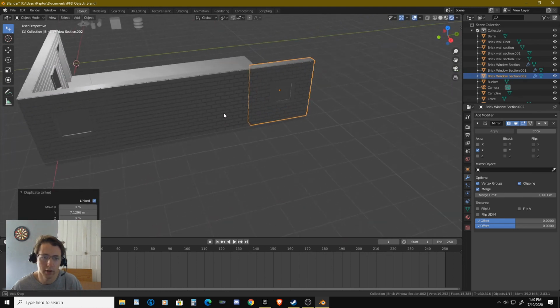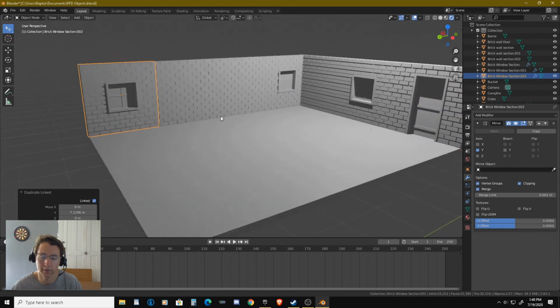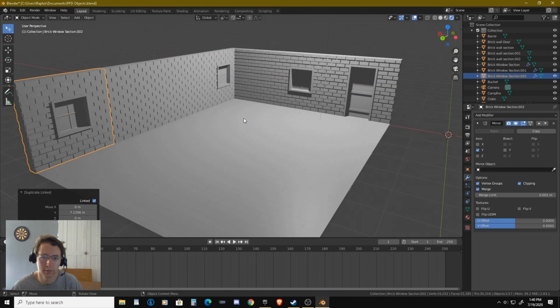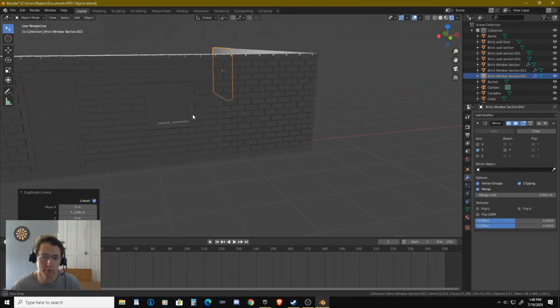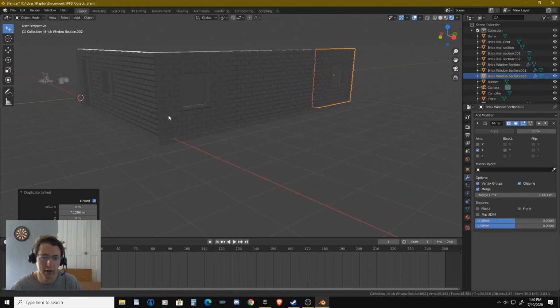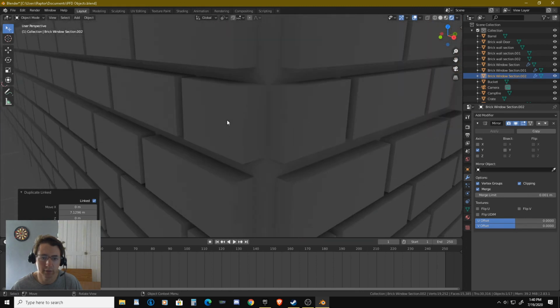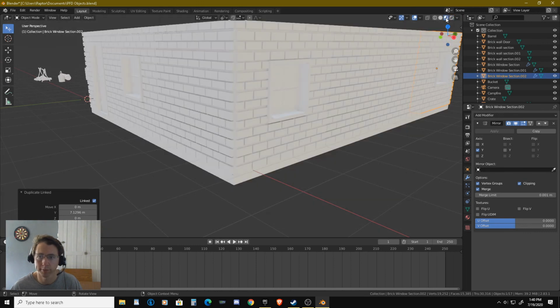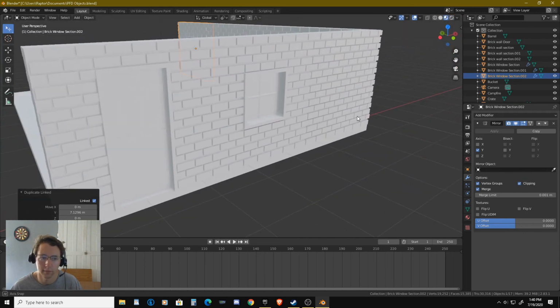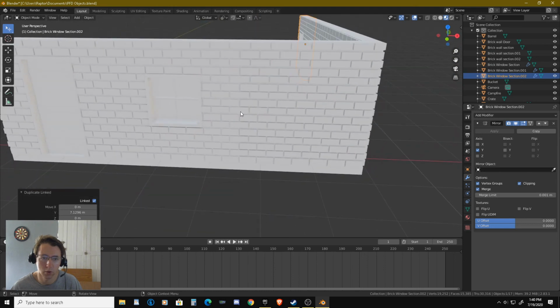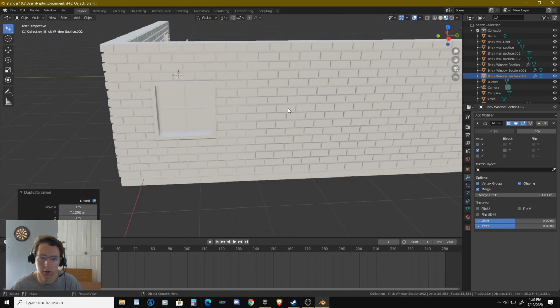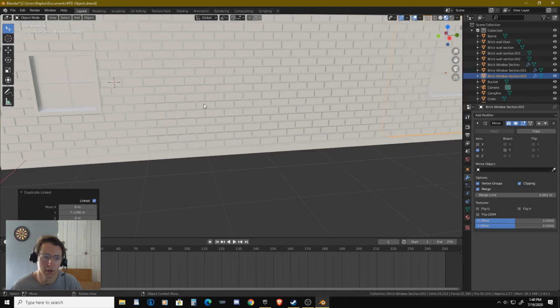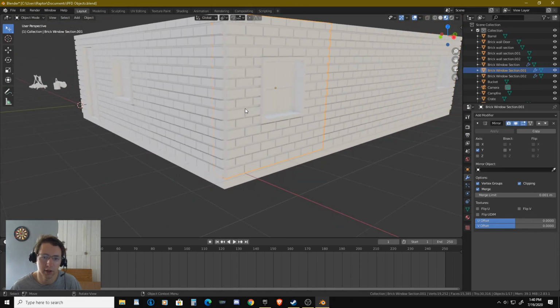So that we've got a nice little demo there. Perfect. So as you can see, this works pretty nicely. Everything seems to be lining up decently well, except for right here at the corner. The windows and doors seem to be working well enough. There's obviously no transparency on any of them yet,